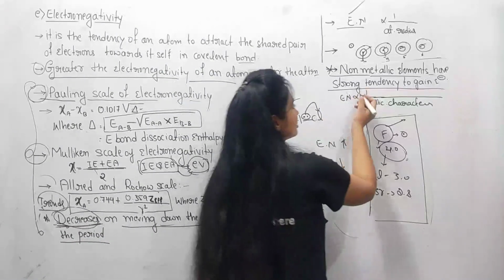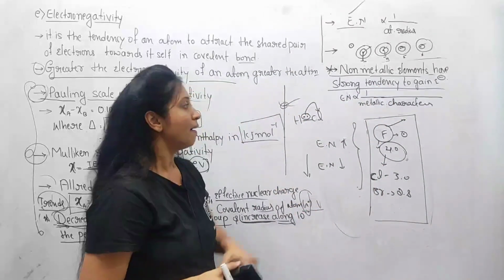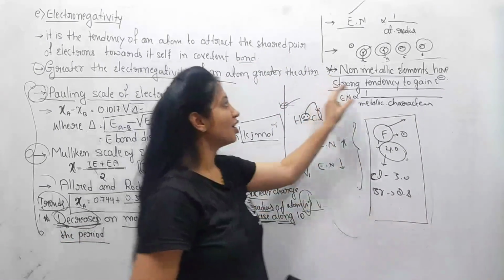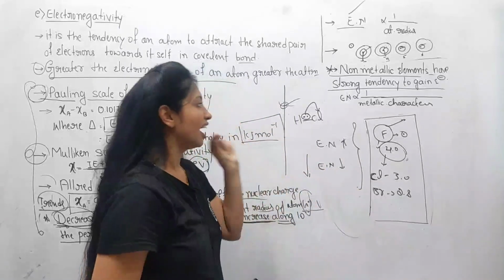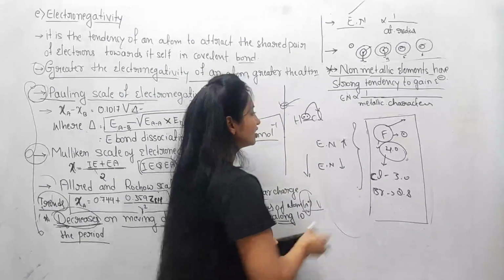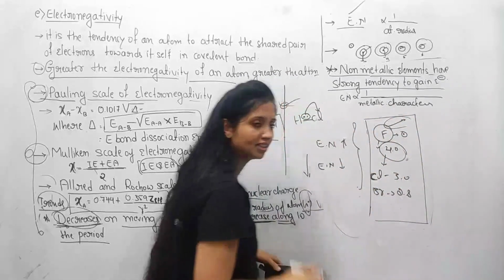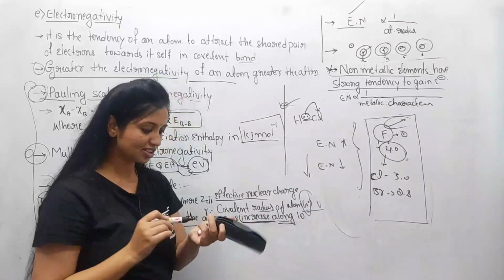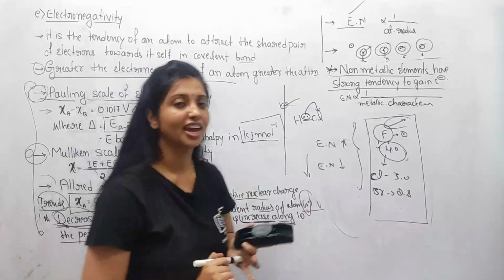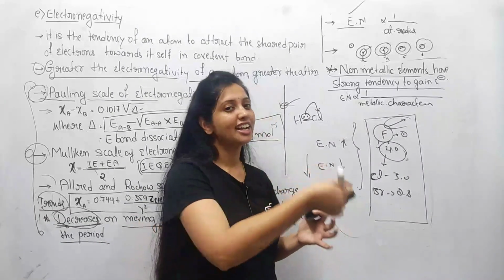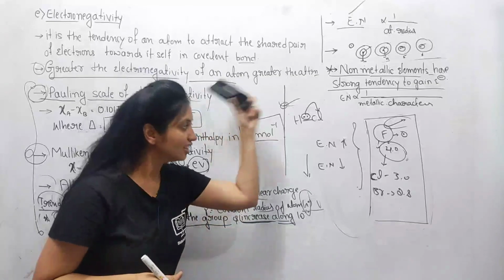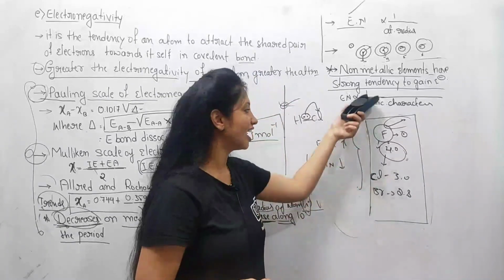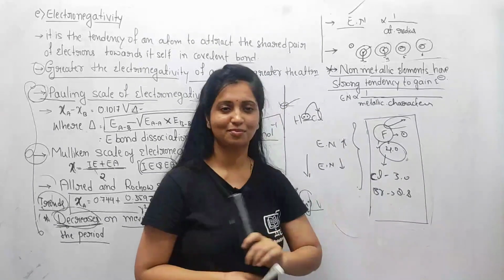Here also the electronegativity is inversely proportional to the metallic character, meaning the non-metallic elements have a strong tendency to gain electrons. Non-metallic elements are highly electronegative elements. Fluorine is the most electronegative element in the periodic table, and the value of its electronegativity is 4.0. The halogen group has a high tendency to gain the shared pair of electrons, or to pull the electrons towards itself. So the 17th group has more tendency to pull the electrons, so they are the more electronegative elements in the periodic table.